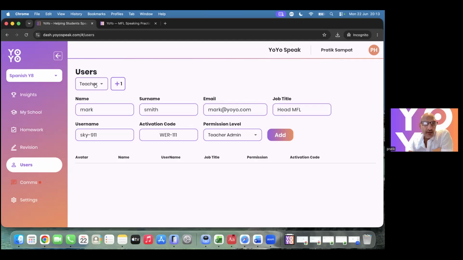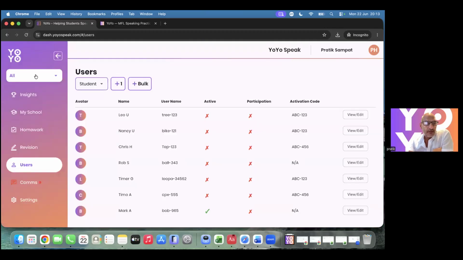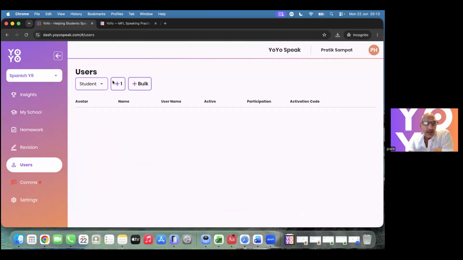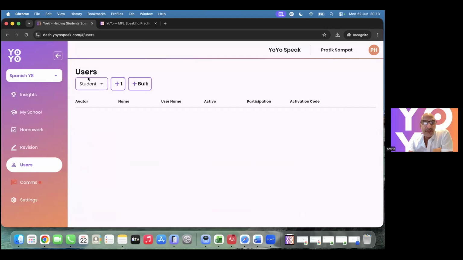We're going to actually add some of our students to our class over here. Bear with me one second. So we're going to go to our Spanish class and bring in some students. There are two ways to load students into the platform. You can add them one by one, so if you have a class existing already and you have a new student, you can add them from here.